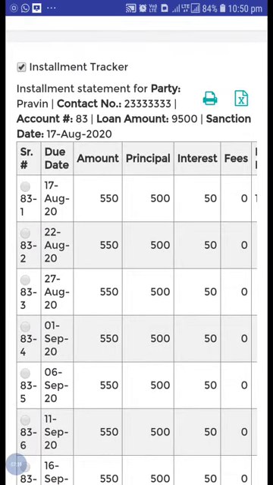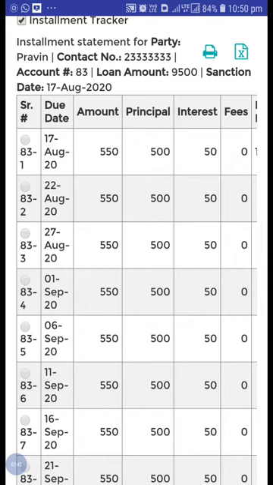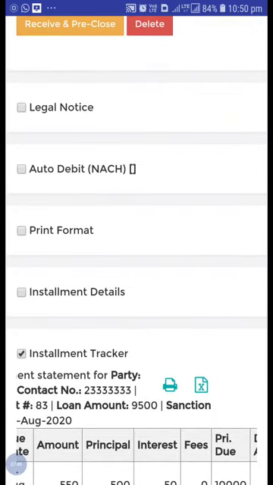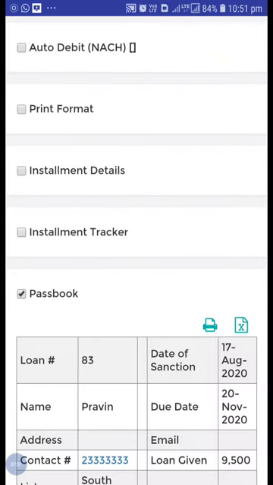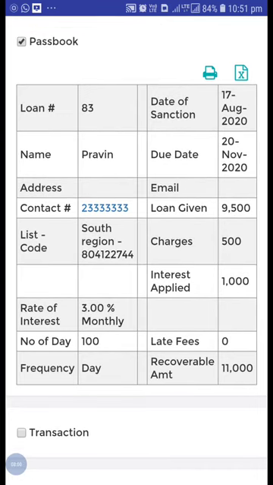Here you can see the installment is every 5 days and the principal amount is 10,000. You can see the passbook detail also from here. In the passbook, some charges have been deducted, that is 500, and the loan given is 9,500.